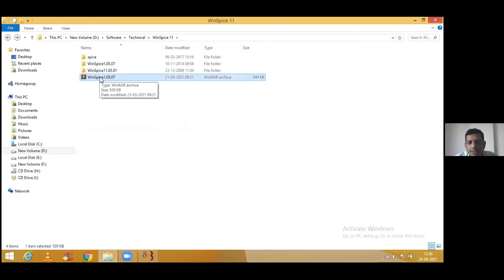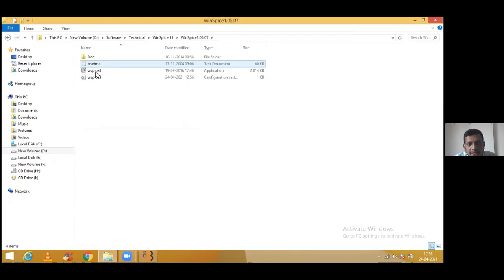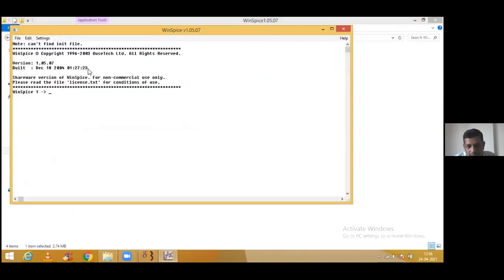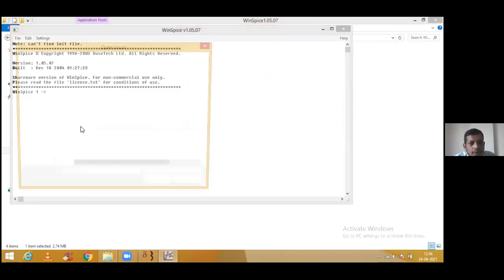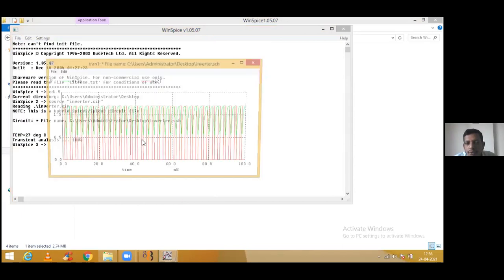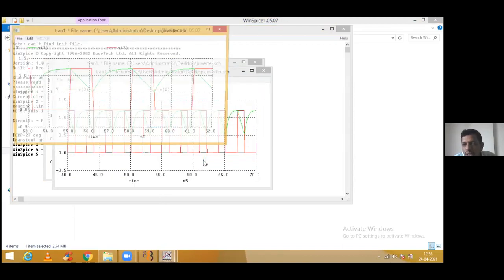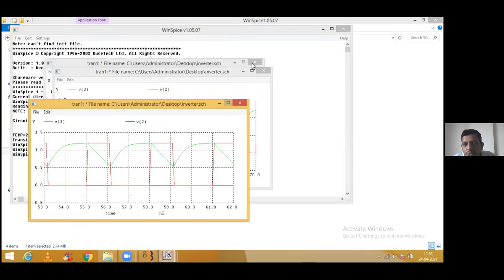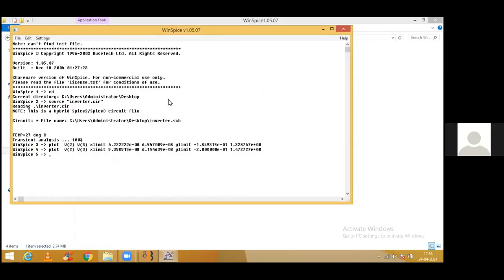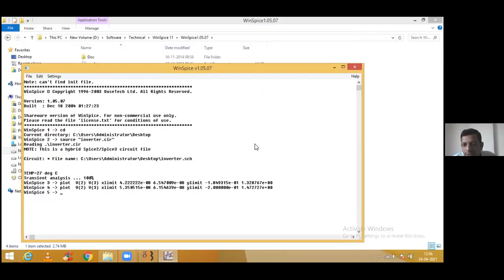You need to download that one. WinZip is there, so the zip file you need to extract. That folder will come. Click on WinSpice 3. Open that application file. Okay. Go to File. Click on Open and open this file. So look at that. So easily you will come across the actual simulation. I hope you are getting this one. What you need to do. Yes, sir. Shubhangi ma'am, I'm sharing that one with every mail ID, that version of this software tool. So don't worry. Later on, you can do that one.